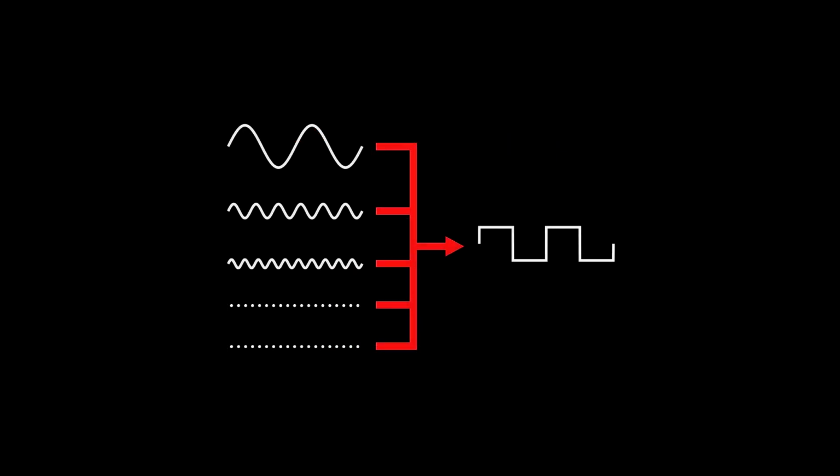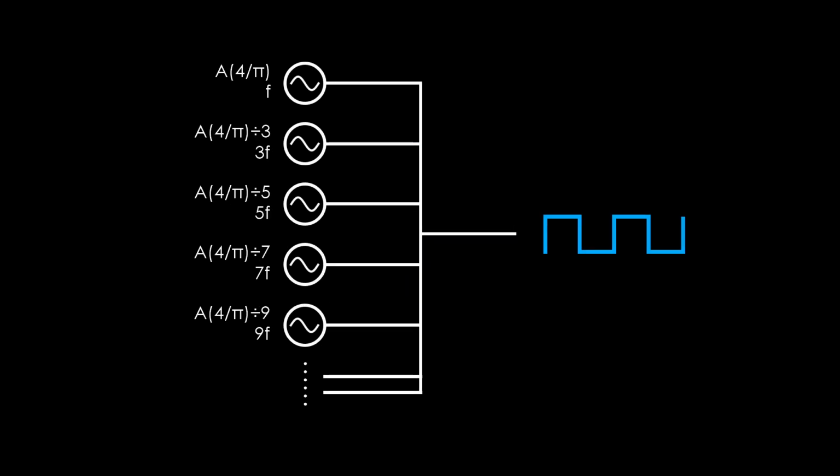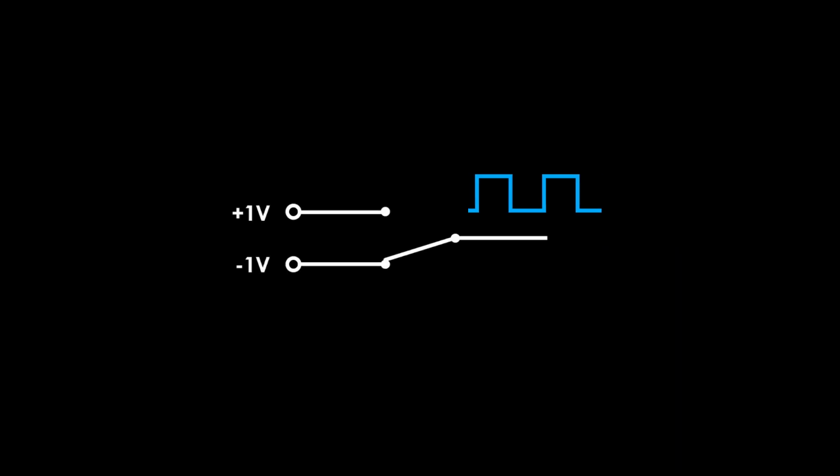Even if we think of waves as sums of only sine waves, this does not mean that in real life all sounds have to be built by adding only sine waves. For example, to generate an electrical square wave, it is not necessary to add a practically infinite number of sine wave generators with different frequencies. We can simply have a switch that toggles between positive and negative voltage, and with that, we successfully generate a square wave.